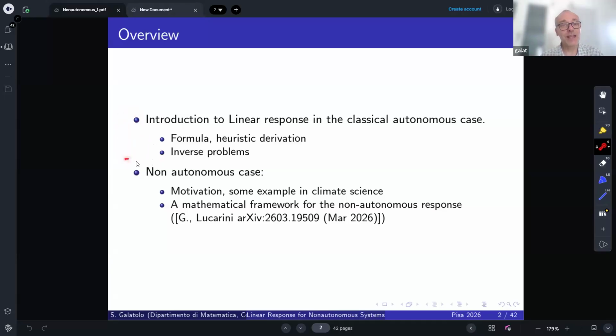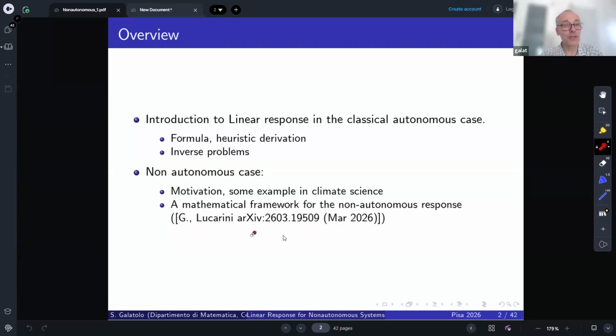And then we will go to the non-autonomous case, and we will say why the non-autonomous case is also important. And we will see, from this recent paper, an extension, like a general theory that will allow us to write and prove some linear response formula for truly non-autonomous systems. Non-autonomous system in the sense that the dynamics change in time and it may change in any way. And this is based on a recent preprint